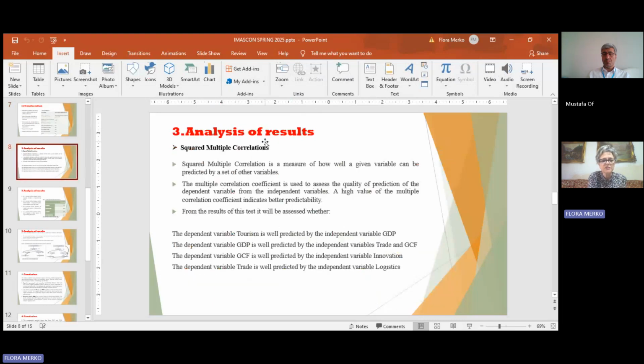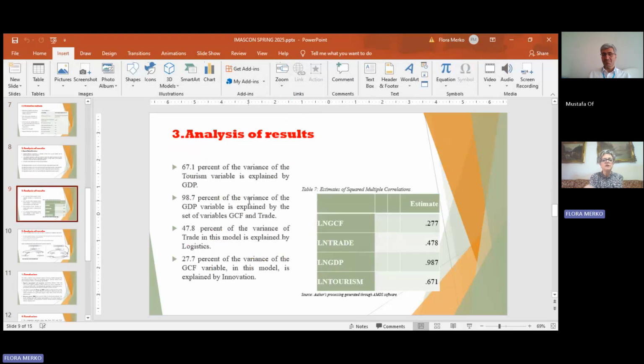The analysis of results, the first one, squared multiple correlation. We have detected that the dependent variable tourism is well predicted by the independent variable GDP. The dependent variable GDP is well predicted by the independent variables trade and GCF. The dependent variable GCF is well predicted by the independent variable innovation. The dependent variable trade is well predicted by the independent variable logistics. As we see by the table,